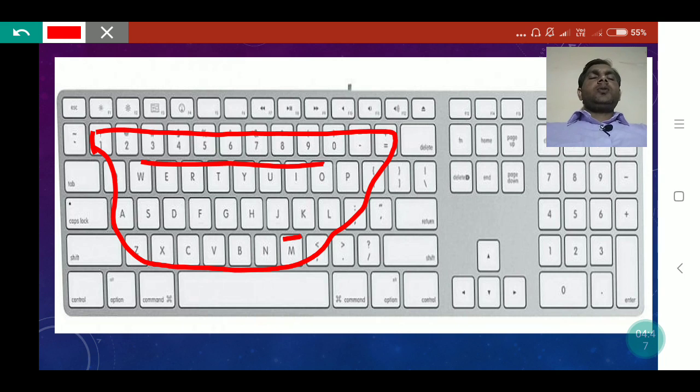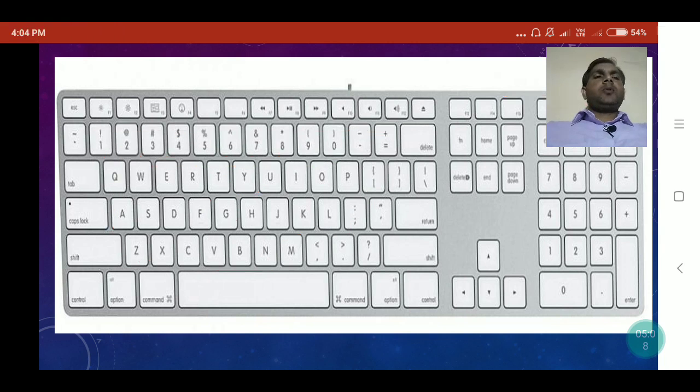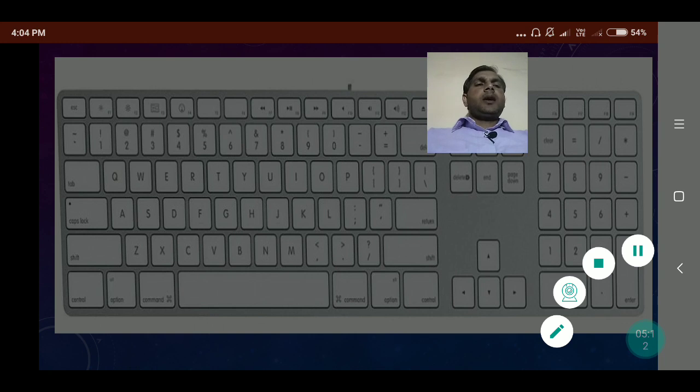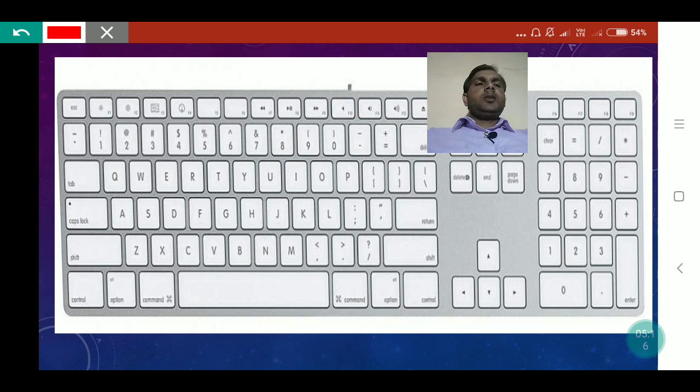Next, numeric keys. What are the numeric keys? Especially those in the numeric keypad. Here also are numeric keys, which is why this combination is called alphanumeric keys, but now there is a separate portion of the keyboard called the numeric keypad.